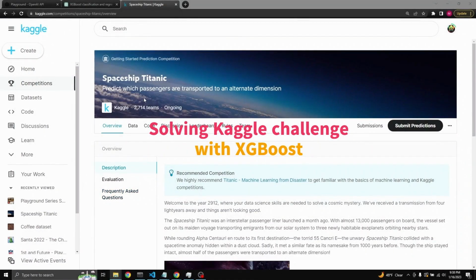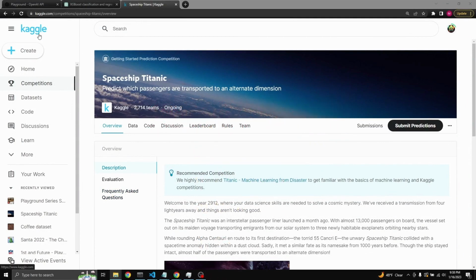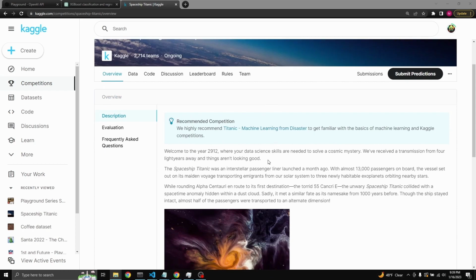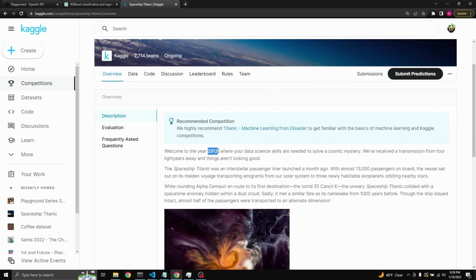We are going to solve the Spaceship Titanic challenge from Kaggle using the XGBoost algorithm and employing all the help we can get from GPT-3, ChatGPT, and GitHub Copilot. The idea behind this dataset is that in the future, year 2912, 13,000 passengers are traveling in a spaceship called Spaceship Titanic, and some anomaly happens around Alpha Centauri, and a lot of the passengers get transported into a different